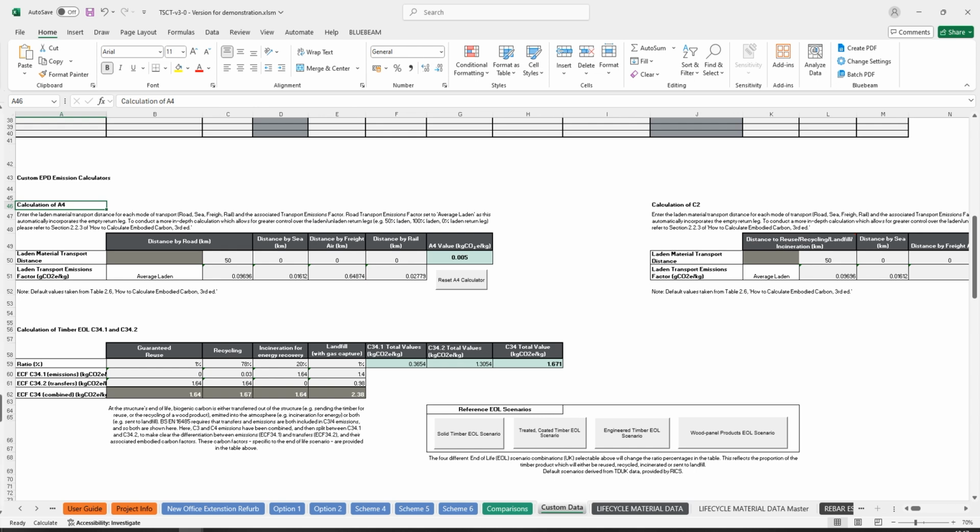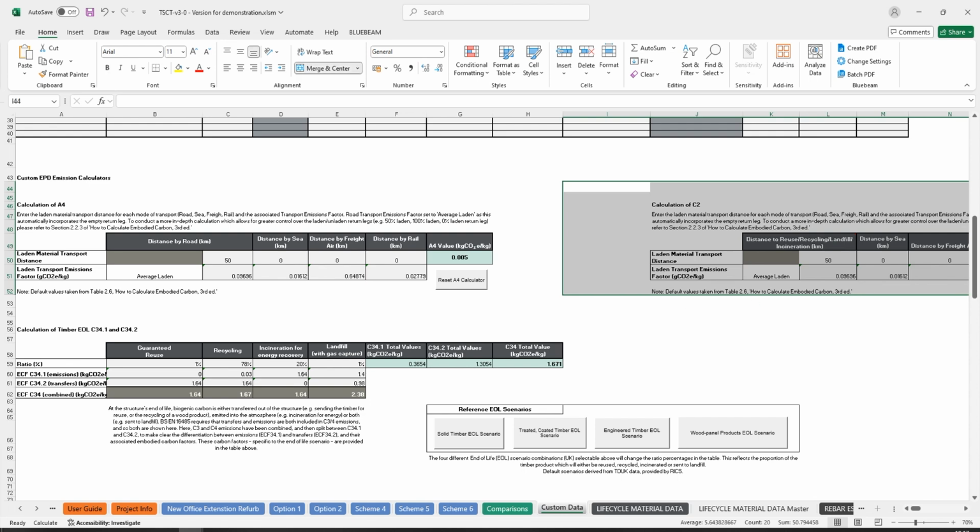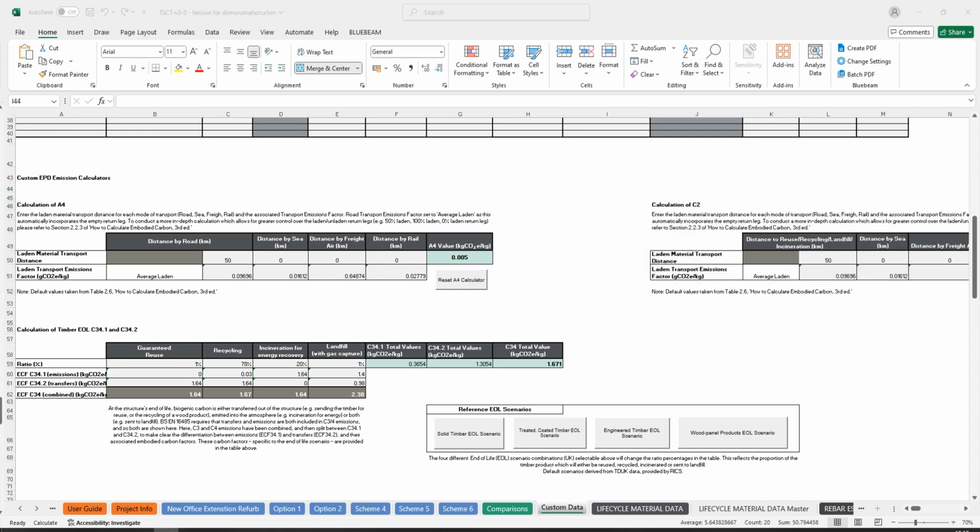The C2 custom calculator has been expanded to match the A4 custom calculator. There are now options to add sea freight, air freight, and rail distances, and like the A4 custom calculator, the road transport emissions factor is set to average laden. If you would like to conduct a more in-depth calculation, please again refer to section 2.2.3 of the How to